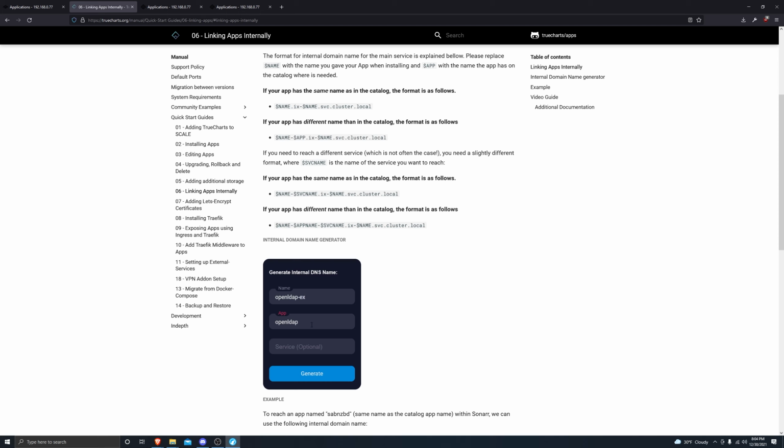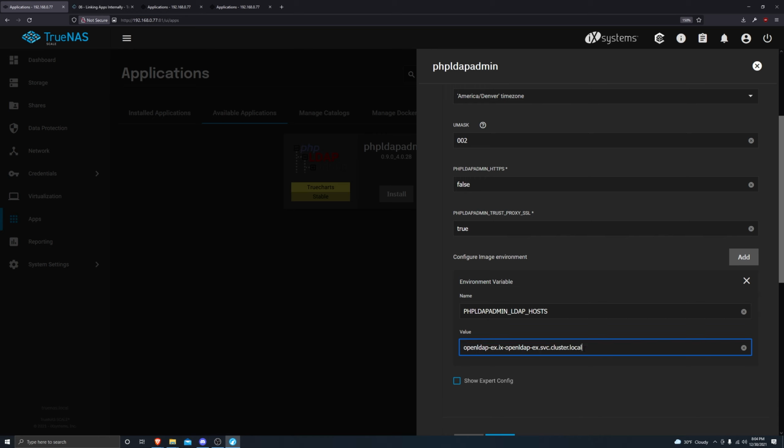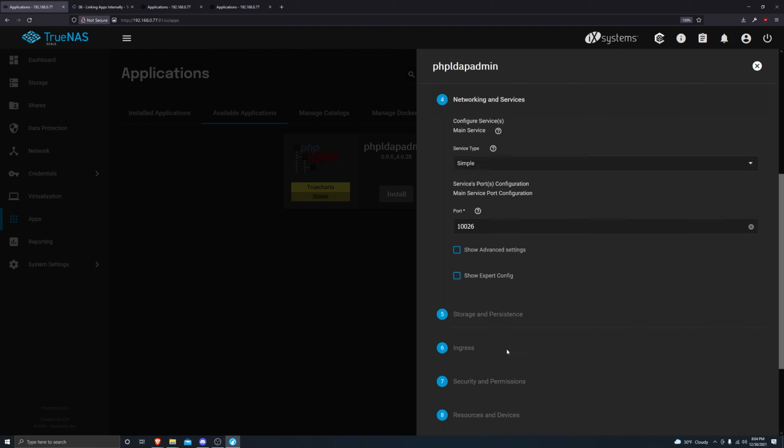But mine has a -ex on there, so I'm going to click generate on there. See that popped up? Go ahead and copy that, and then paste that here. And I'll also be including this in the description of the video as well. But I'm going to be leaving out the -ex because you guys should have just used the OpenLDAP. Go and click on next,